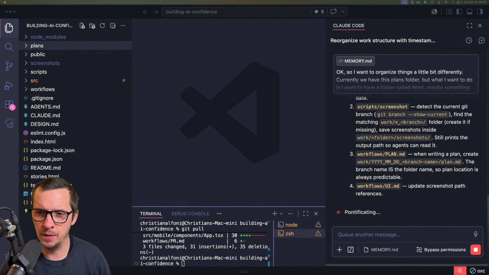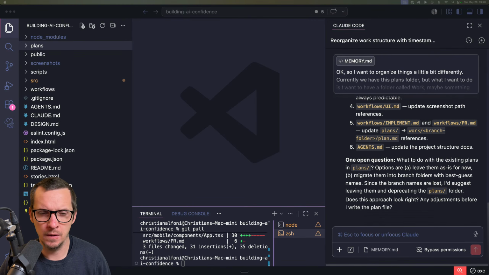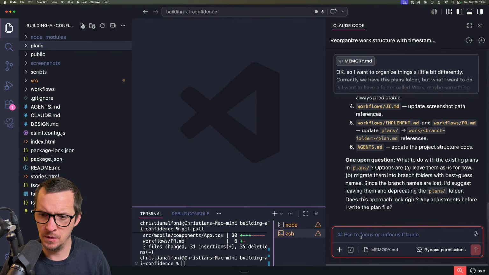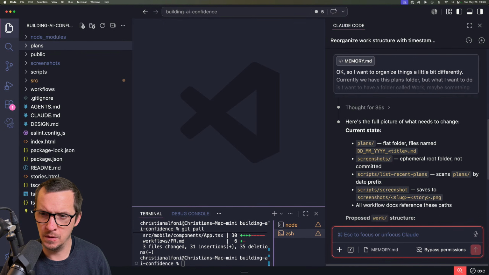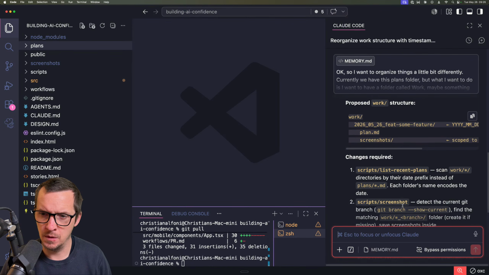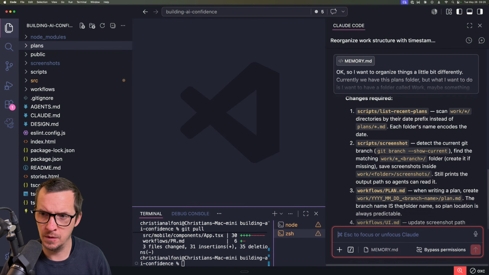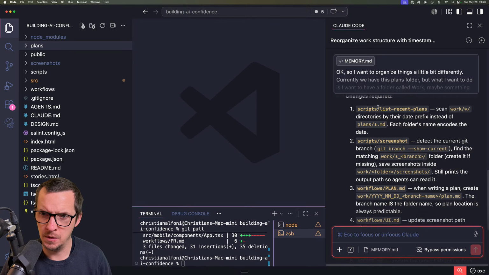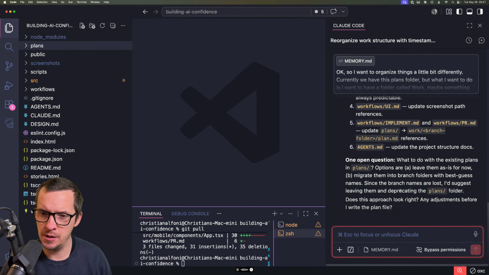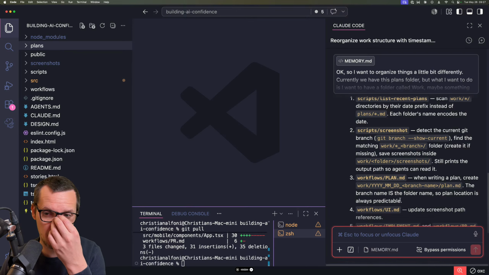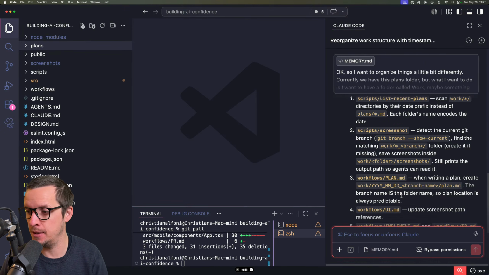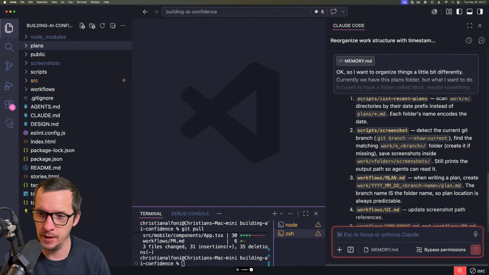I think we found what do we do with the existing... Yes, and we should also change list recent plans to list recent work, and then update instructions to make the agent understand that we're listing a folder, where there might be a plan in there.